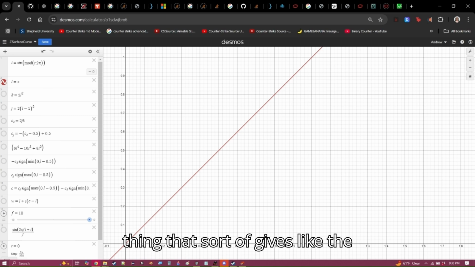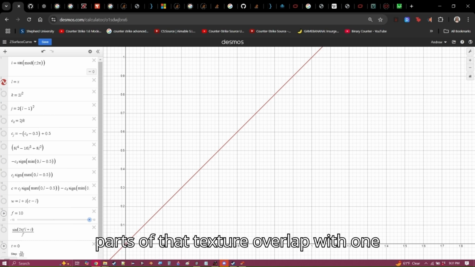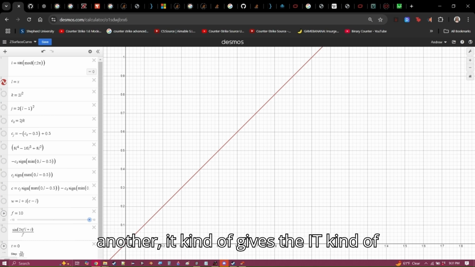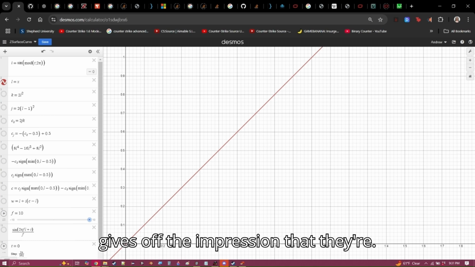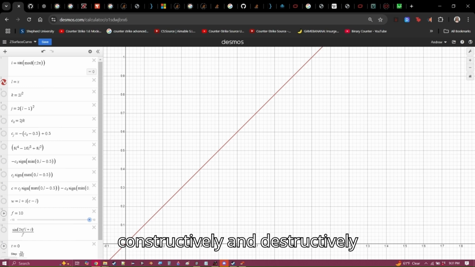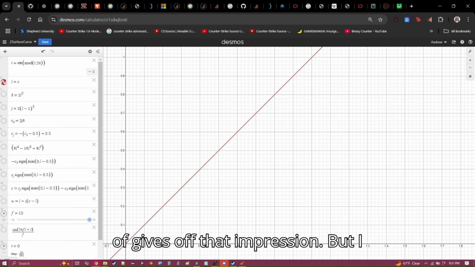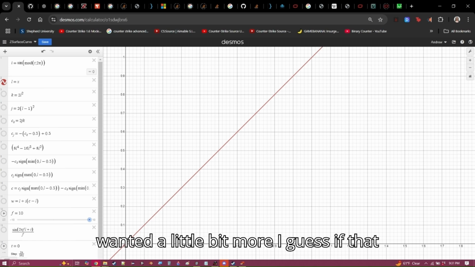The thing that gives the watery look is basically when different parts of that texture overlap with one another, it gives off the impression that they're blending together. Like there's little ripples or whatever that are constructively and destructively interfering and stuff like that. It gives off that impression,